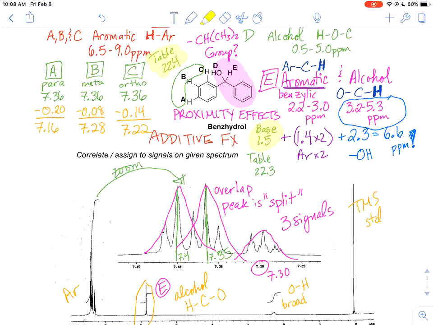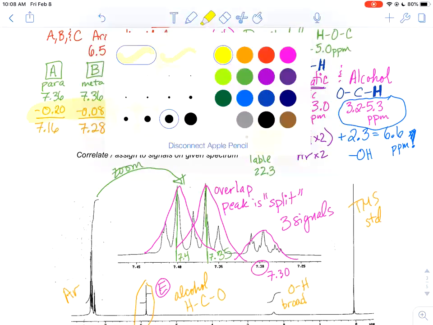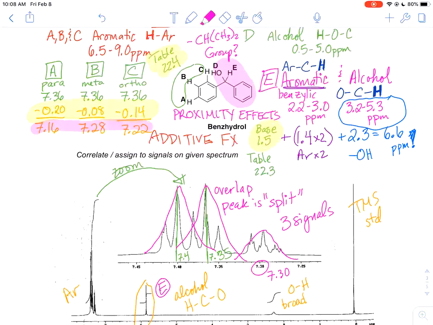And that's what this was all about. Hold on one second. Okay, so that's how we got these values. These were the expected chemical shifts for signals A, B, and C. If we take a look at this zoomed in region, so we're looking here at the zoomed in region,